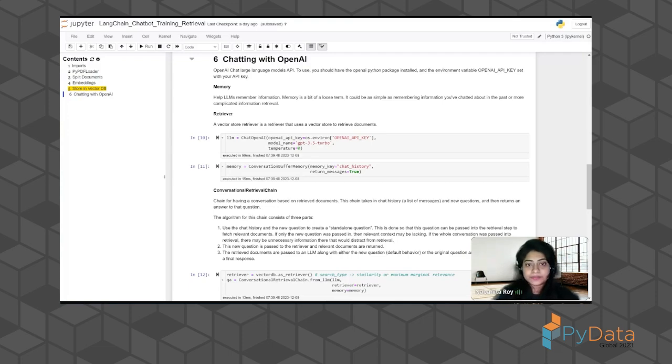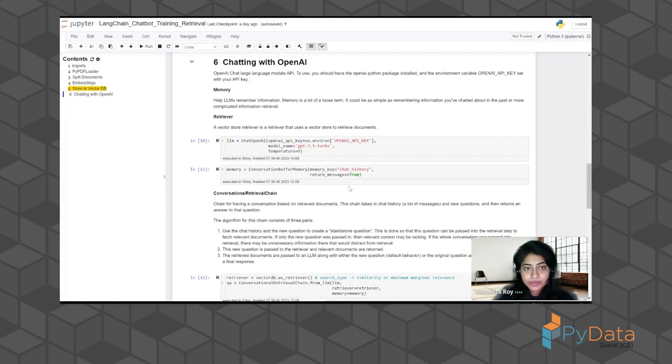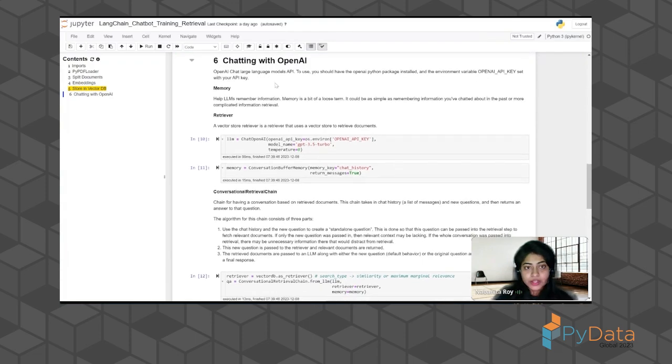So now, chatting with OpenAI. Now we get into the more interesting part where we will be starting to chat with the data. What we are doing here is we instantiate and say that we are using the GPT 3.5 turbo model to interact with the LLM, and I set the temperature as 0. So this is our LLM's